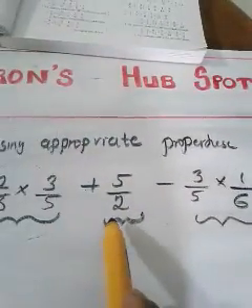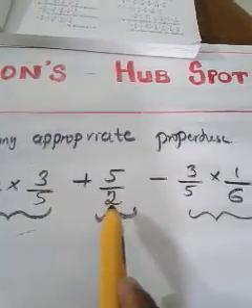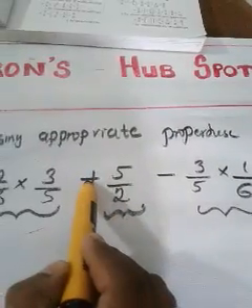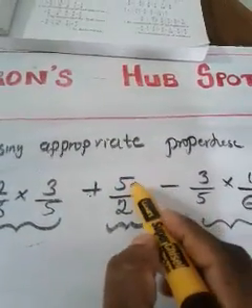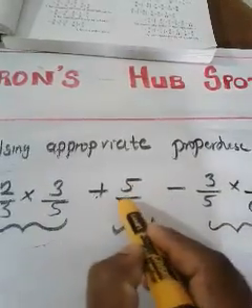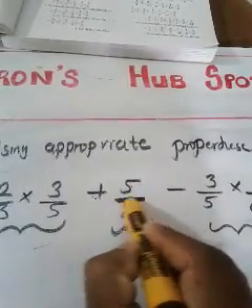And this is the next term. Why? Because I am considering it as another separate term, because here the operation is plus, here the operation is minus. Can you count 5 by 2 as 2 terms? No. 5 by 2 is a single term here because the operation is division.